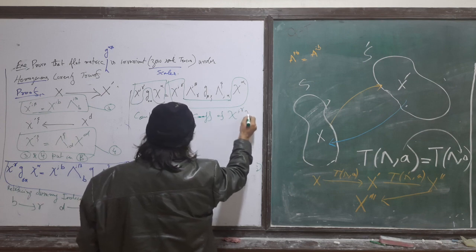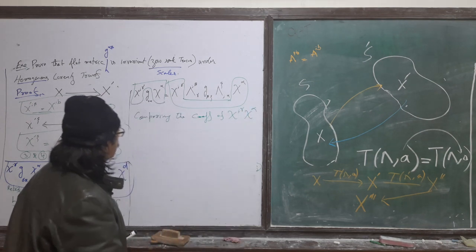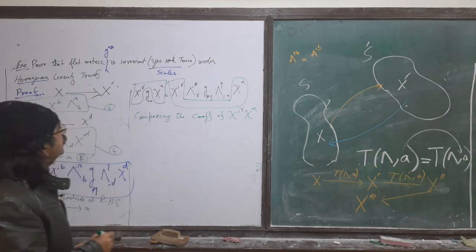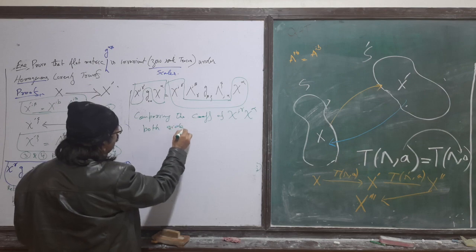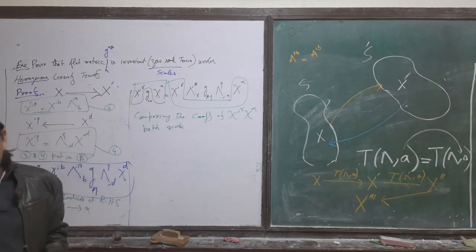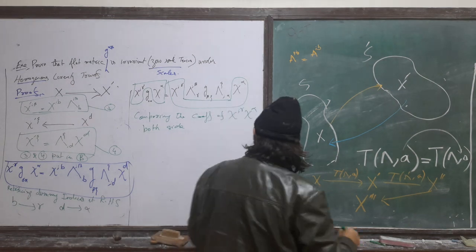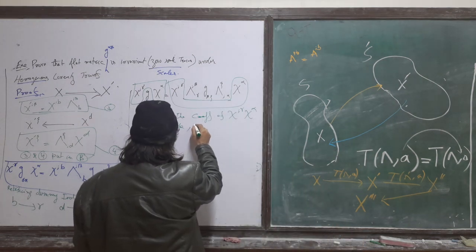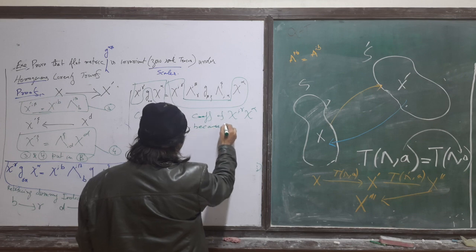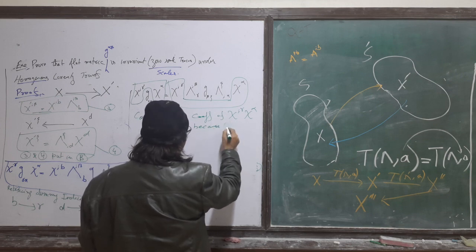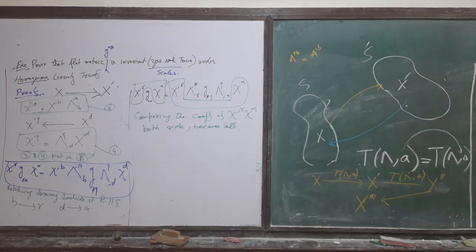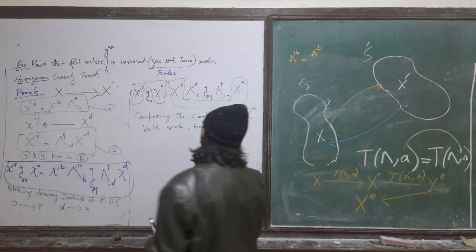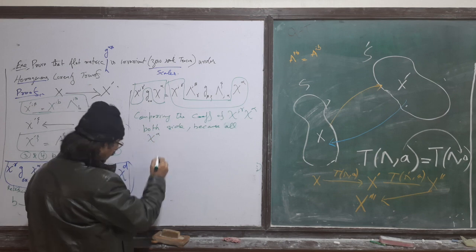X gamma, X alpha. Comparing the coefficient X gamma, X alpha on both sides. As we know that all four, 1, 2, 3. Why are we comparing the coefficient? Firstly, we have to prove that they are independent. For comparing the coefficient, this is the condition. I have already explained. Because all X alpha